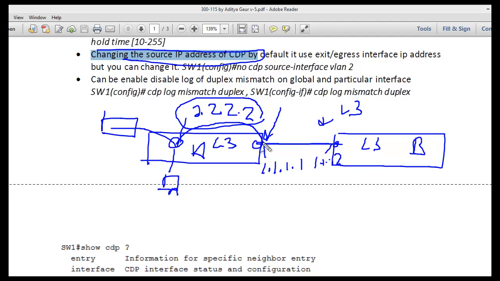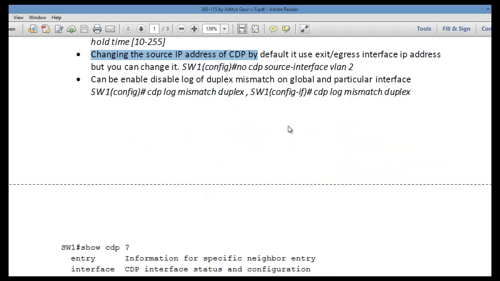That means whatever IP address you assign to this interface, that IP address is shared with switch B. If you would like to share a different IP address, you can change the source IP address of CDP.